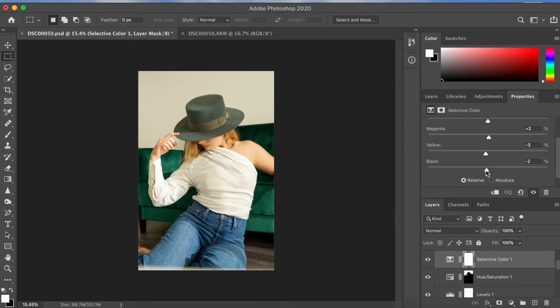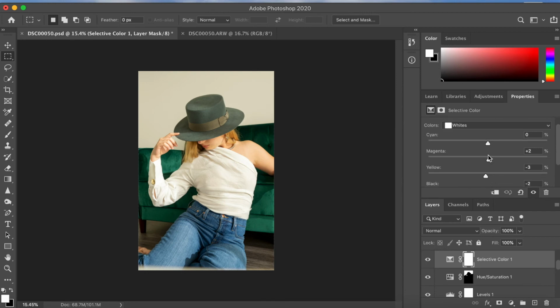I made the blacks go a little bit to the left, just to kind of brighten it up a little bit. And same thing with the yellows to the left, because it was having this really weird green tint from the furniture. So I ended up pushing it to the left to have a little bit more of a neutral blue tint. My magenta is just a counteract for the same thing,